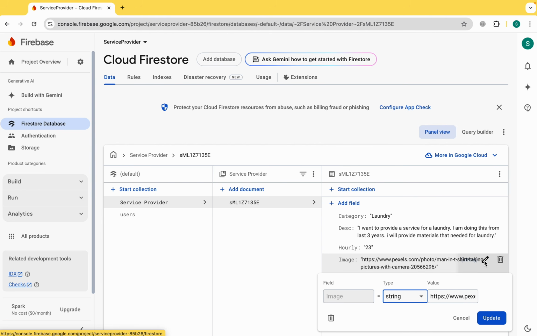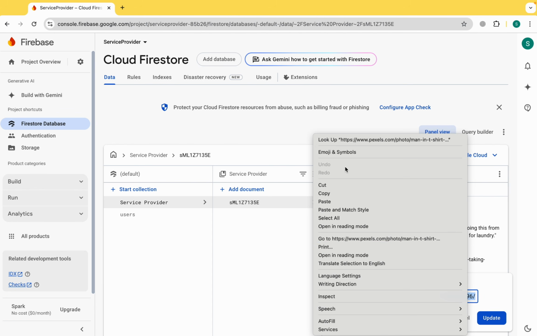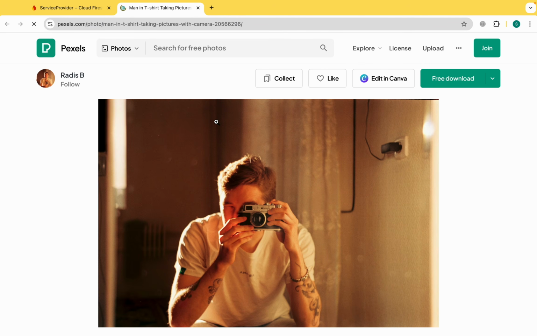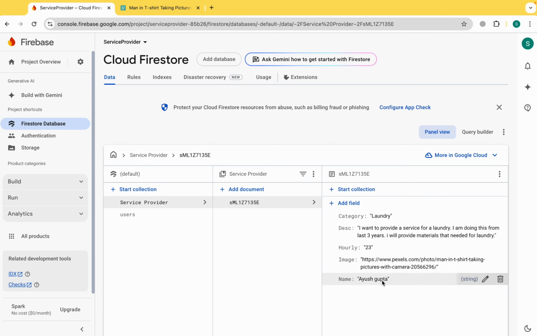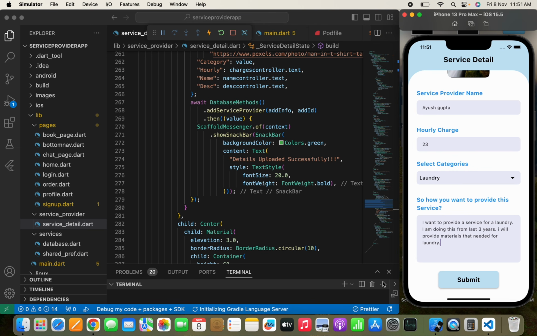So when you will simply try to open this image, something like this, go to here. So it will simply open the pixel image that has been shown here. So here you can also use the image like this and the name Ayush Gupta. So here it is, and we have uploaded the data to the Firestore database, and this is it from this